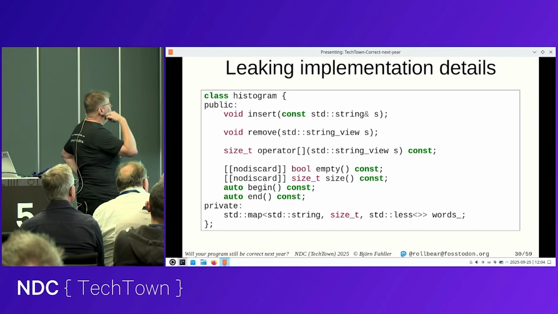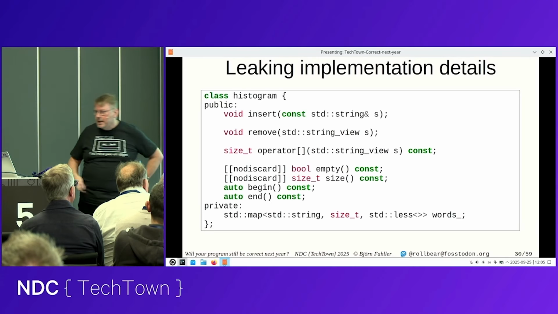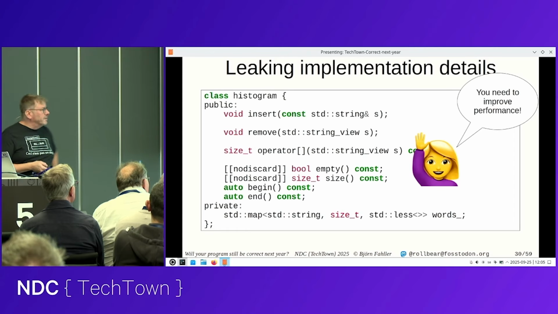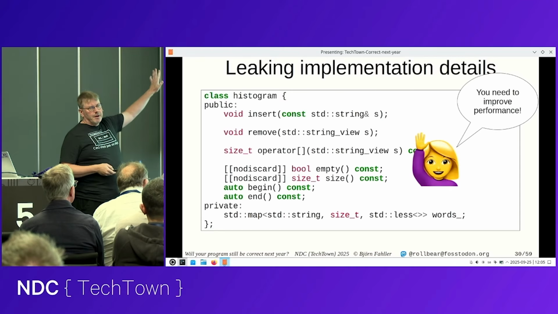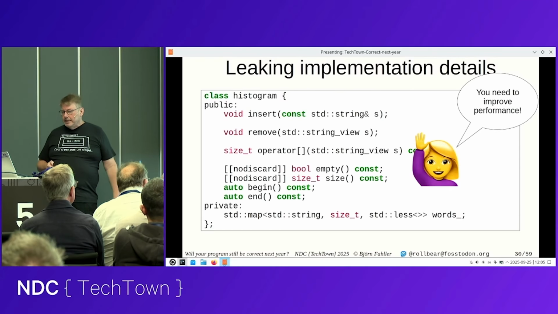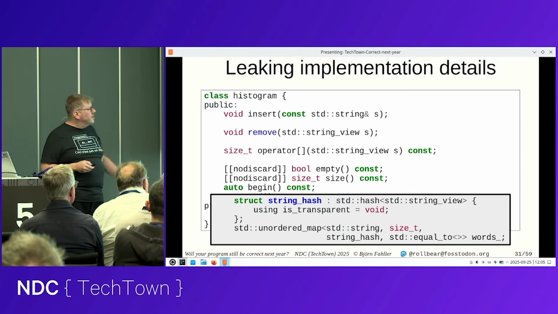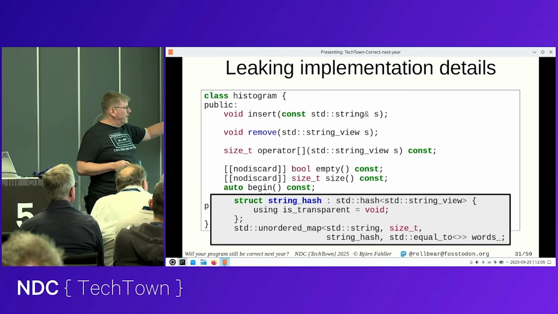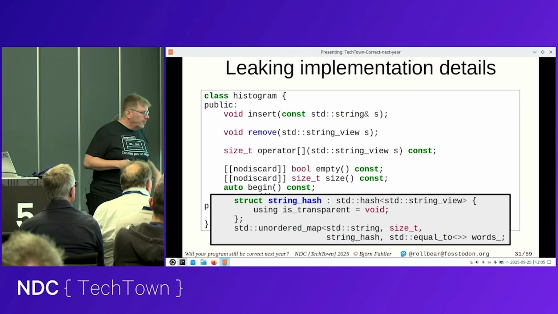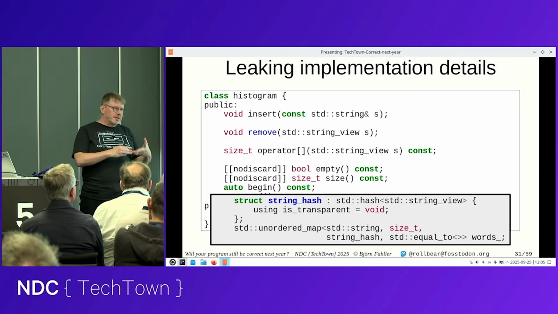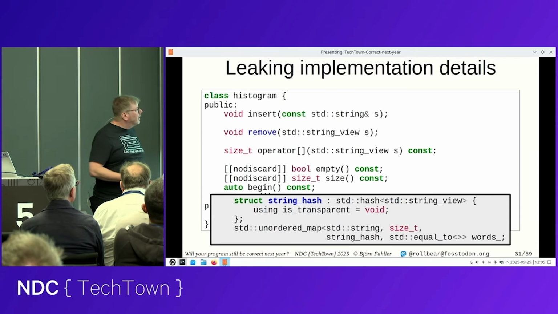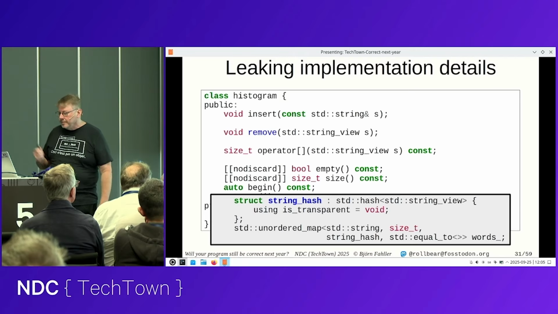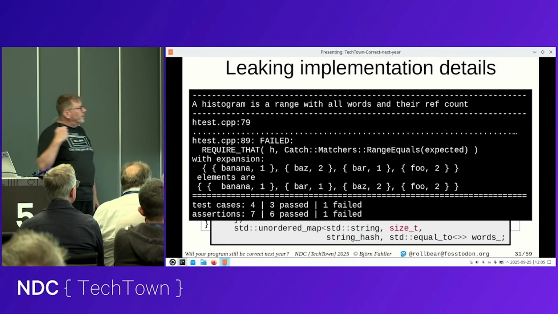So we live on. This histogram is great. It's used a lot in our programs, but we need to improve performance. Apparently, people use this with tens of thousands of strings. So the map is not great in this case. So we can change this to use an unordered map instead. And I've chosen to have my own hasher here, the transparent hasher, based on the hash of string view. So the lookups on the unordered map work with string view, with char star, with std string, anything that can become a string view. So that is good. And when we run it, we see,